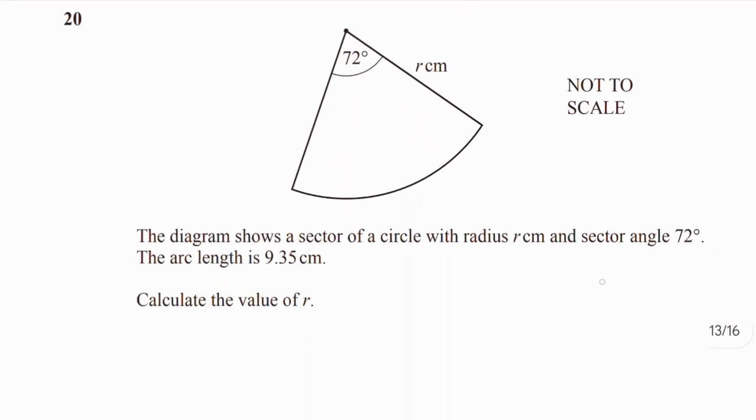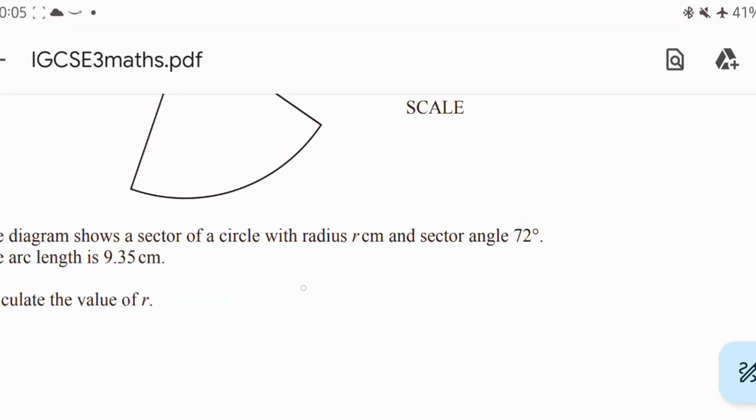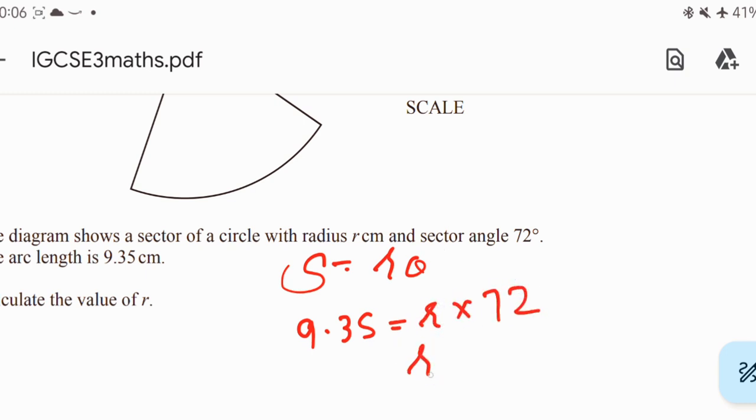The diagram shows a sector of a circle with radius r centimeters, sector angle 72. Arc length is 9.35 centimeters. Calculate the value of r. So for this question we have the formula S is equal to r theta. S is the length of the sector, so arc length is given, 9.35. We need r and the value of theta is given, 72. So r is equal to